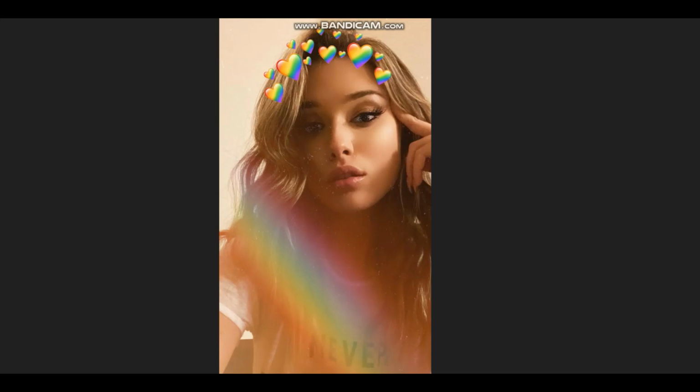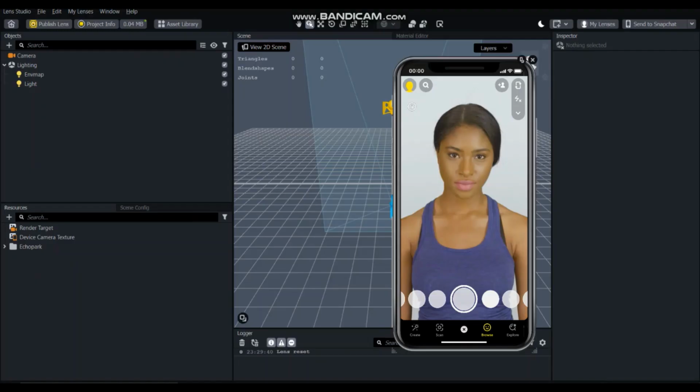Along with this, I'm going to be teaching you how to work on grains. That is something you can see in the background and on the face of this girl. Those small irregularities or beautification factors are known as grains, and even this rainbow streak. We're going to be adding this to our lens as well. So let's get started.